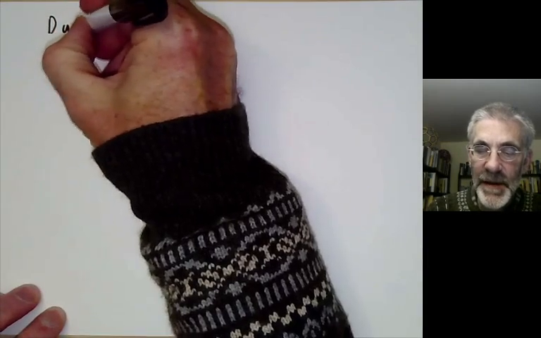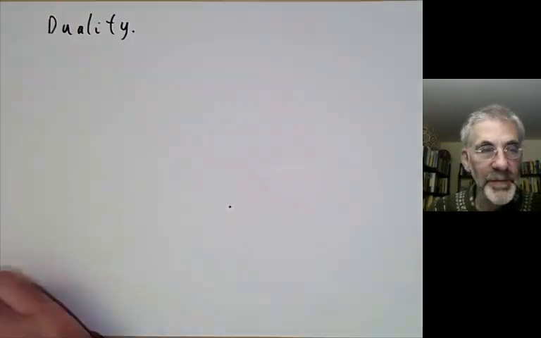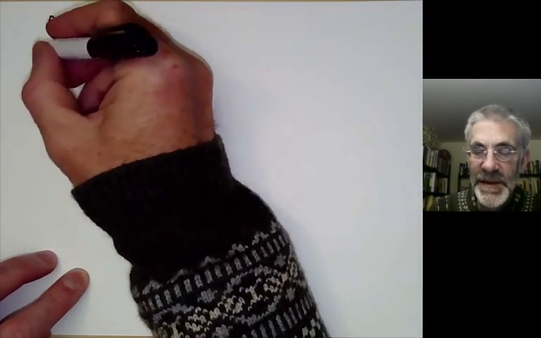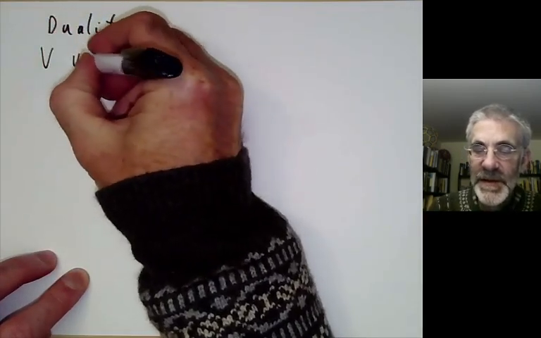This lecture is part of an online course on rings and modules and will be about duality of modules. So what I'll start by doing is just recalling duality of vector spaces. So suppose V is a vector space